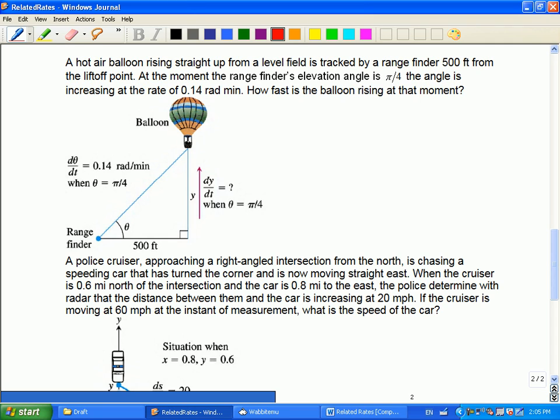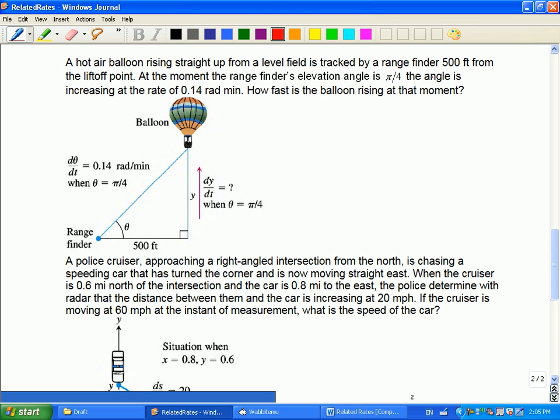So it says a hot air balloon is rising straight up from a field, is tracked by a rangefinder 500 feet from the liftoff point. So already, if I didn't have the picture in front of me, I would need to draw a picture. When you're working with a word problem, if you don't already do this, every time you read a piece of information, it should make its way into your picture. Because whether it's a whole sentence or part of a sentence, it's easier for you to think about if you keep breaking it into small chunks. If you try and do the whole picture by reading the whole paragraph, that's too hard for you to think about. So if I'm reading a hot air balloon is rising straight up, then I would draw this picture here,